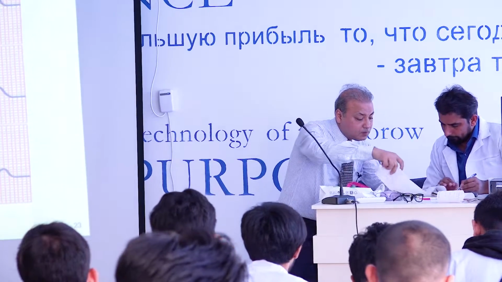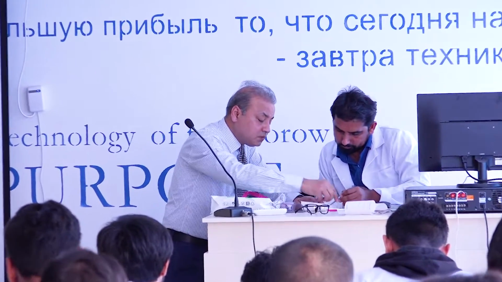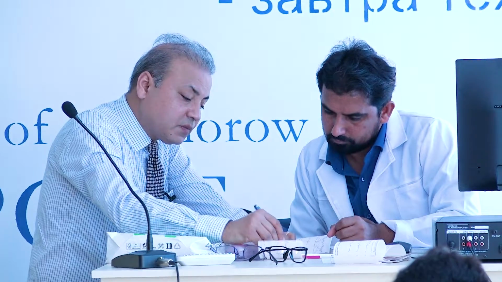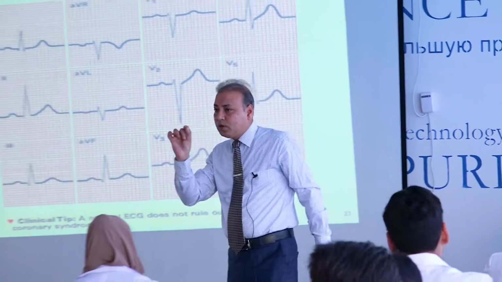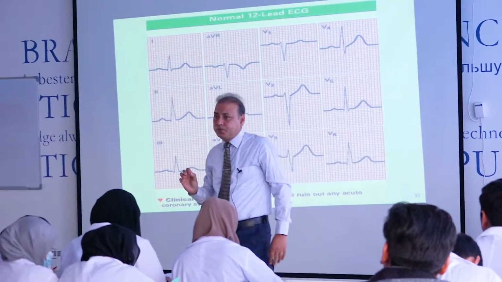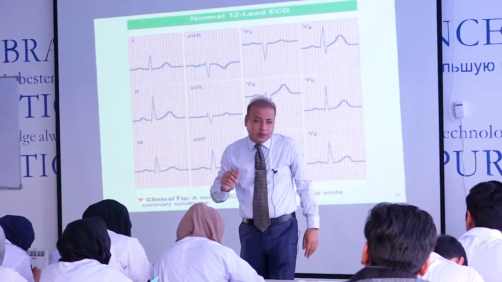Small box, just see. Look, P, after that Q is coming. Okay? This is R, this is Q, this is T. Now in between QT, Q and T, the big boxes of both, 2 or less than 2, it means 25. If above 2, it means 50. If 50 mm per second, it means small box is 0.2 second. Understood? Then we'll start.